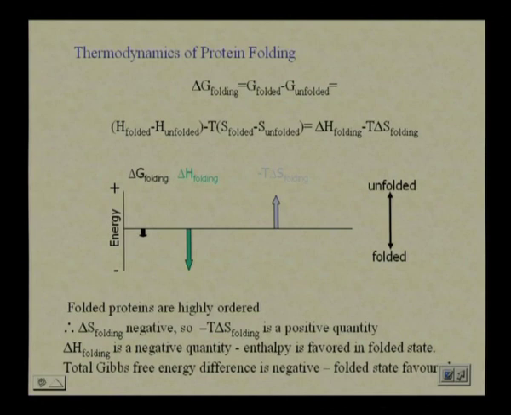So, what happens to my T delta S? Because my delta S folding is negative, minus T delta S is a positive quantity, which is what I have drawn here. If we look at the energy on the y axis, we have an unfolded form here and a folded form here. Obviously, the entropy of an unfolded form is going to be much more than the entropy of a folded form. So, my overall minus T delta S is going to be positive, but the enthalpy or the folding interactions